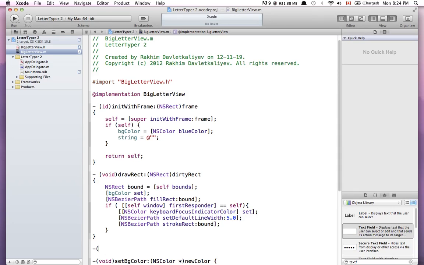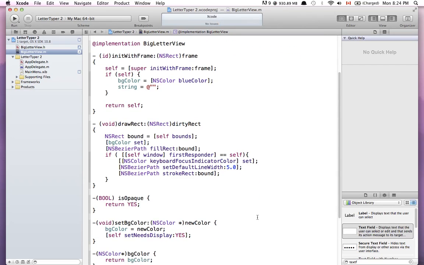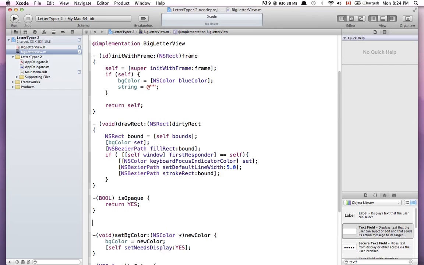So let's say boolean, and we have this method in NSView. I'm going to rewrite it and say return yes. So it will always say opaque yes. Okay, so now I have to implement those